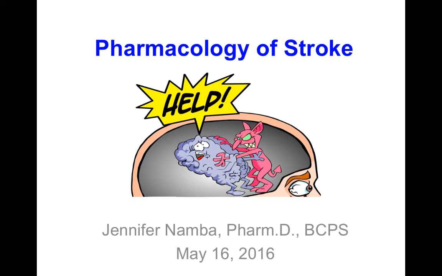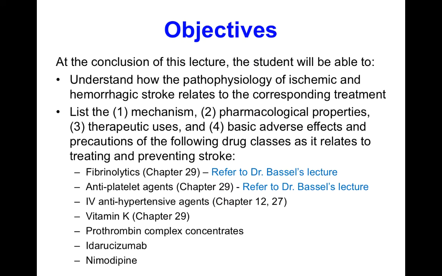In this section, we'll review the pharmacology of some of the common agents used for the treatment of stroke. I'll start off with a review of the pathophysiology of the two types of stroke that we'll discuss today, which are ischemic and hemorrhagic stroke. So hopefully by understanding what causes each of these types of strokes, the types of treatment that are recommended will